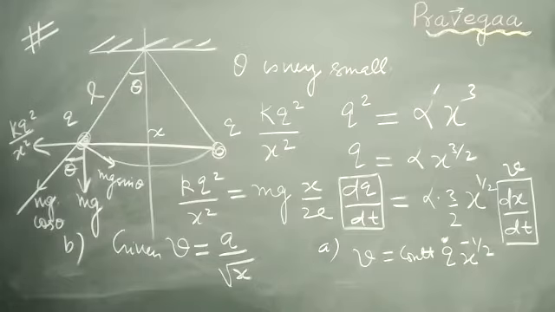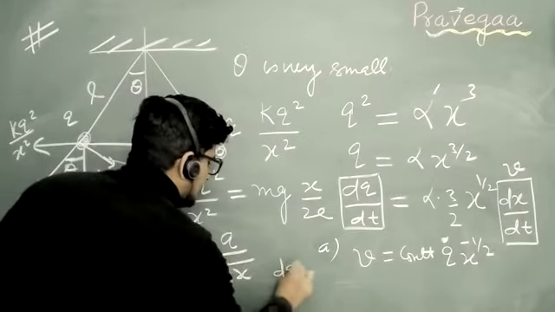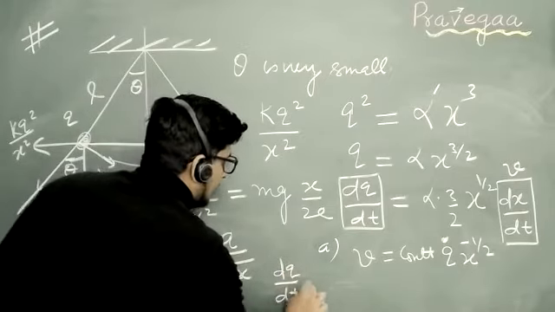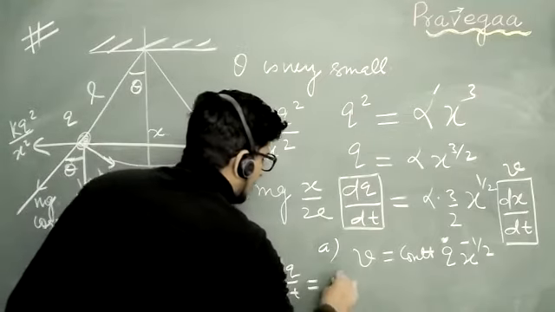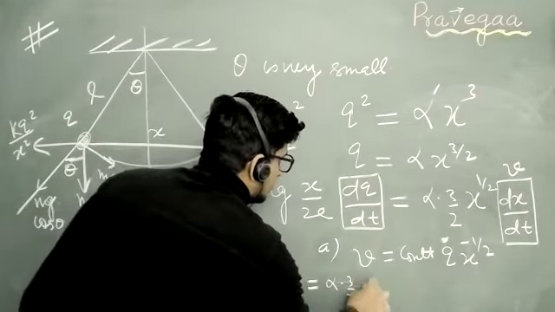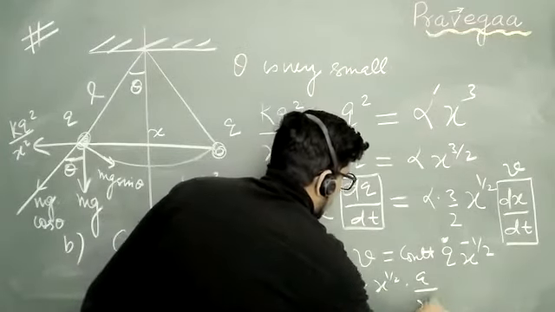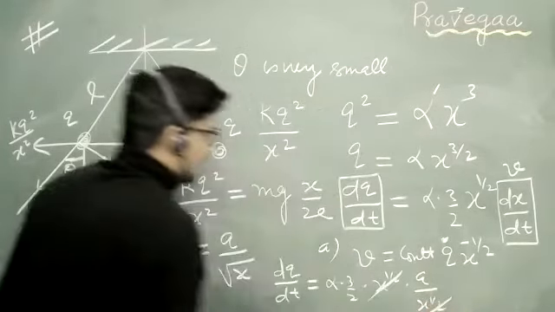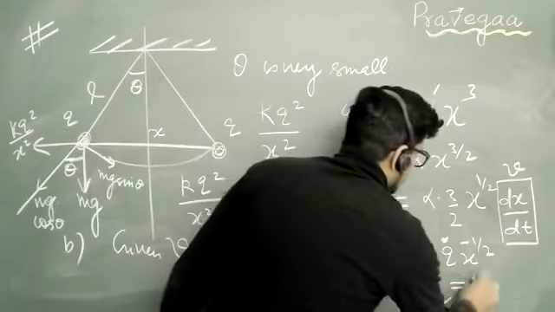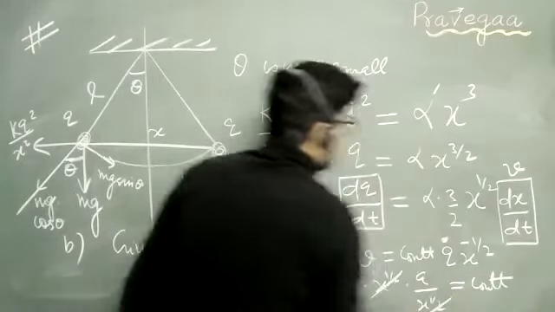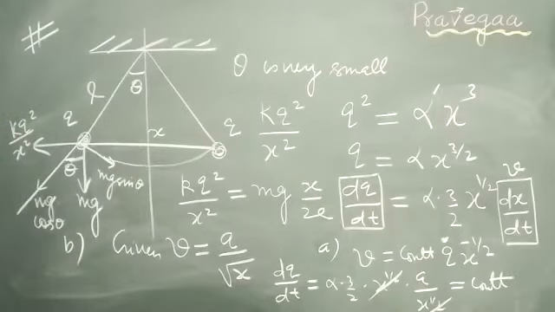then what will happen? The dq by dt is asked now, and it will be equal to alpha into 3 by 2 into x half into a by x half. So it will be cancelled. So dq by dt will be some constant. Yes or no? Yes, sir. So this is the complete discussion. Any doubt, any place, feel free to come in.